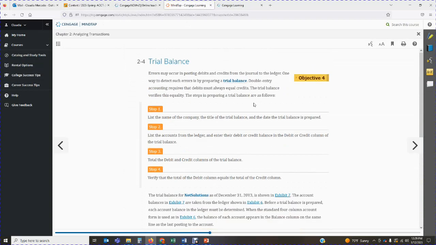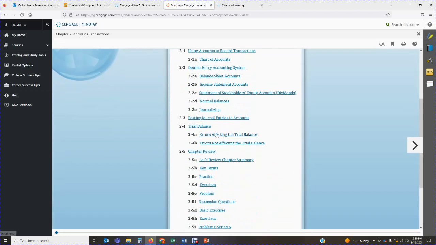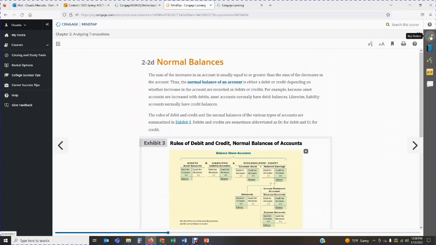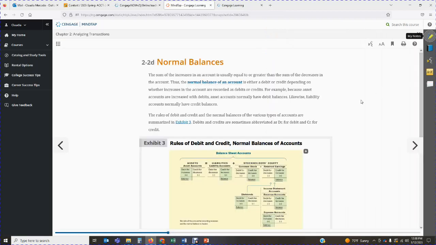Okay, now that I'm here on the book, let me transition into the ebook. Once you're in the ebook, you get to read. You've got the table of contents. For the specific chapter, you can just read the entire thing, or if you want to go to a specific section, you can do that. You can highlight, you can take notes, you can do bookmarks, whatever it is that you want to do. If you want the system to read to you, there's a little reader here. If you click on it,